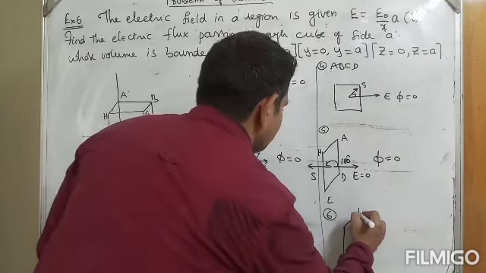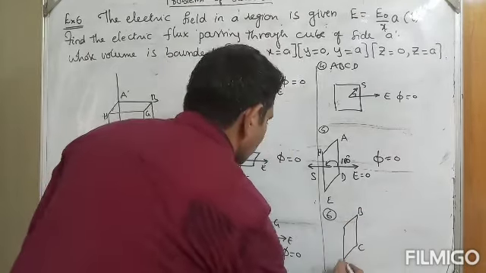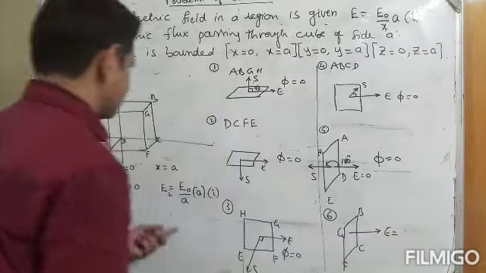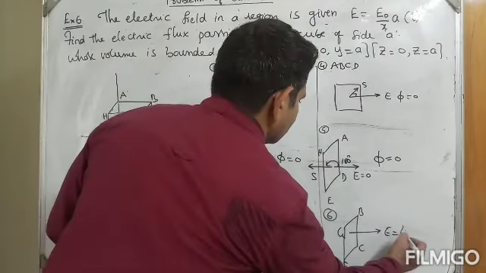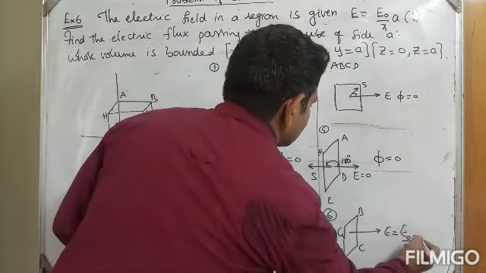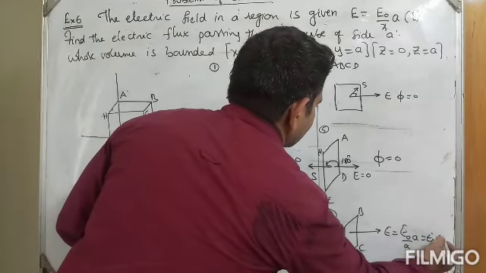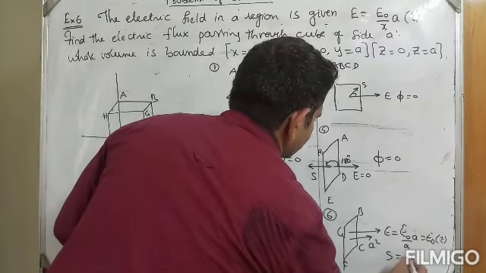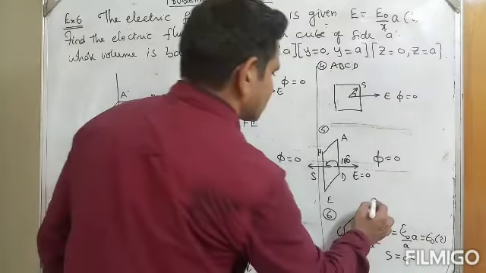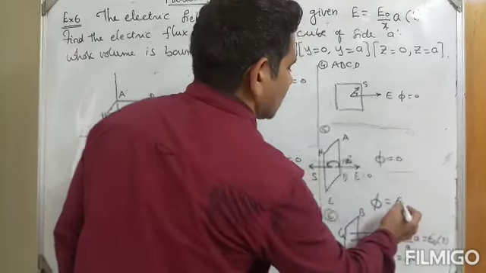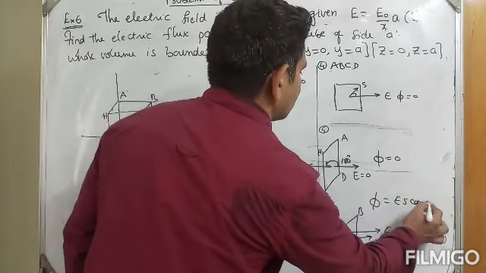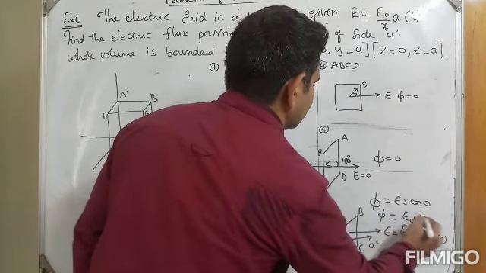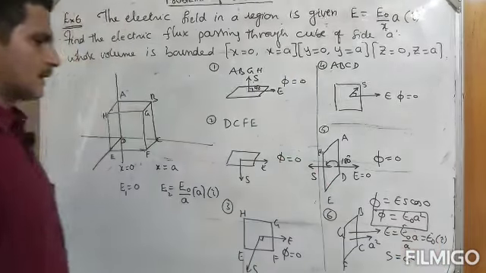What is that? B, C, F and G, whose electric field intensity is E naught A by A, that is E naught in the i direction. Area vector, that is A square. S is equal to A square. So both are in the same direction. Flux phi is equal to electric field intensity times surface area times cos 0. Therefore flux is equal to E naught A square. This is the answer. I think you can understand.